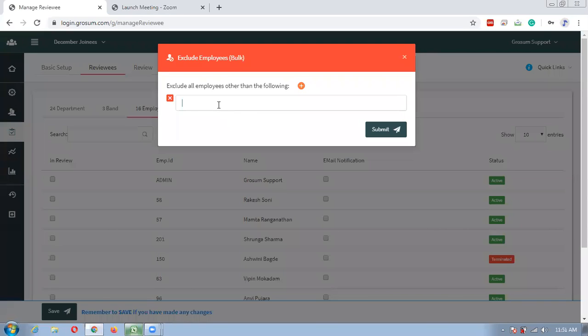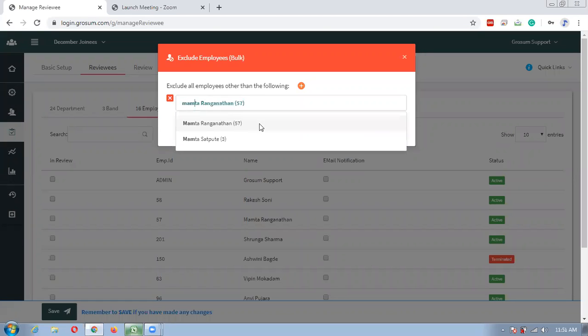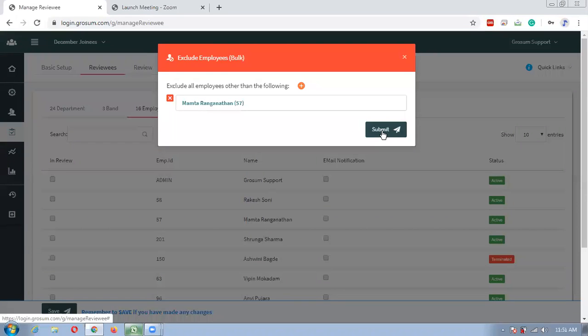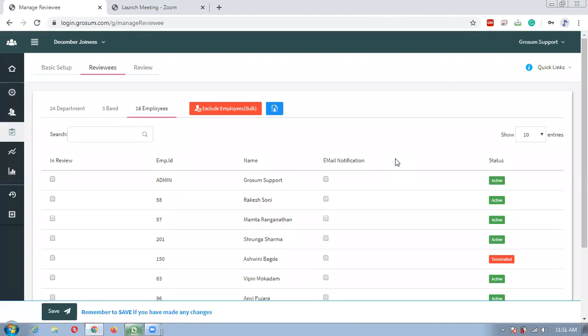In the search box, type the name of the employee, select the employee and click on submit. Your employee will be excluded from that review. Once you are done with the include and exclude of those employees, click on the save option and your changes will get saved.